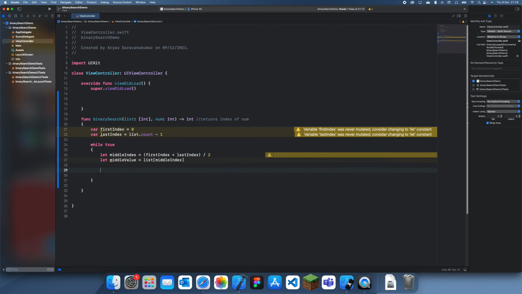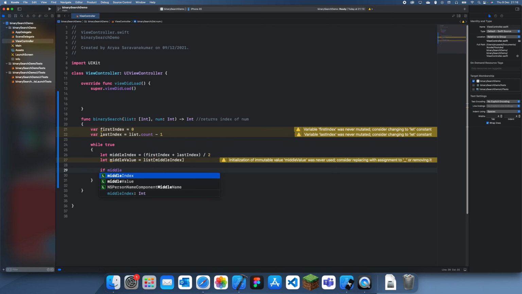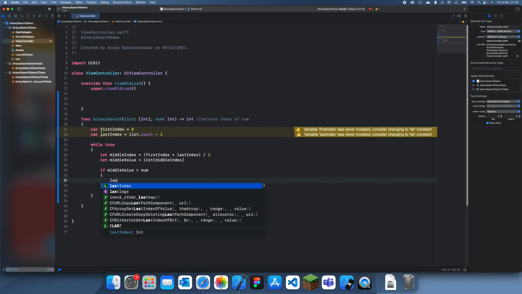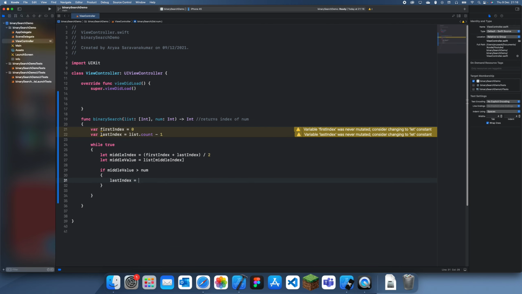Now we can have our 3 if statements. So the first thing we check is if the middle value is bigger than the number we're looking for. Oops, sorry, I thought I said it. So if the middle value is bigger than the number we're looking for, then what we do is we just set the last index is equal to the middle index minus 1, since if this middle value is bigger than the number we're looking for, that must mean that the